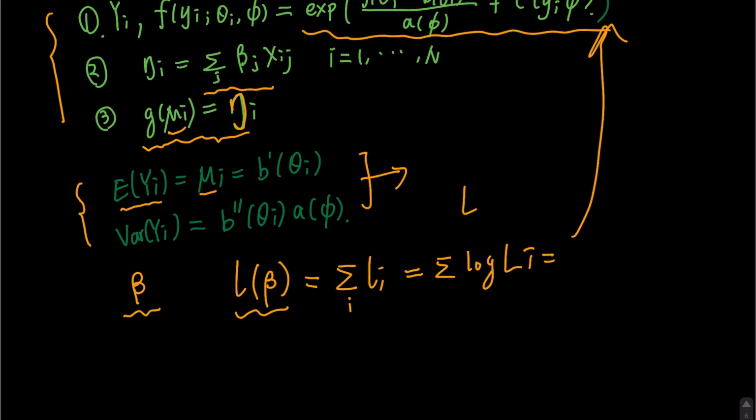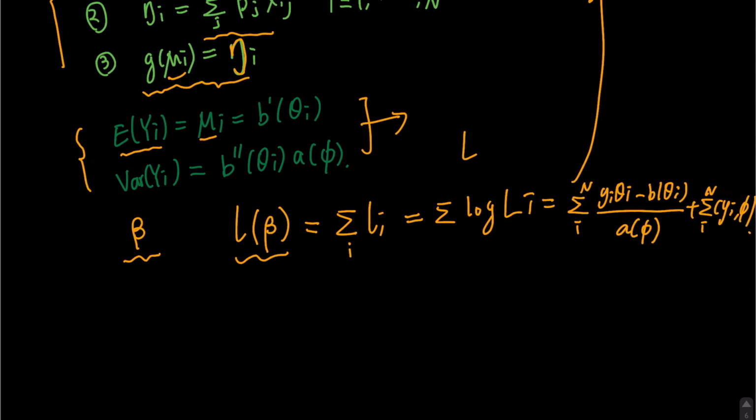This is our likelihood, and then we have to write it into log version, which means we drop the exponential part. And because it's a sum, we can write it as the sum from i=1 to n of (yi theta i minus b(theta i)) over a(phi), plus the sum from i=1 to n of c(yi, phi). Okay. In order to maximize the likelihood, we are going to take the derivative. So dl(beta)